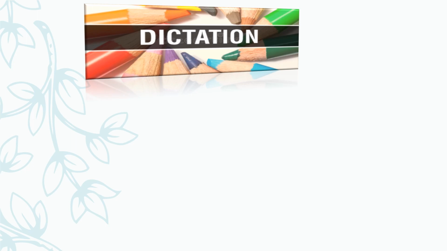So now I repeat all the words. Now see, computer. First word is computer. Second is monitor. Third is the brain of computer. Now guess what word it is? Yes, I hope you have written right. Next word is keyboard. Keyboard. And the last is mouse. Now the spelling will be displayed on the screen. You will check and then you will correct it yourself.